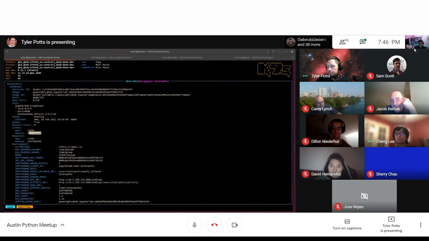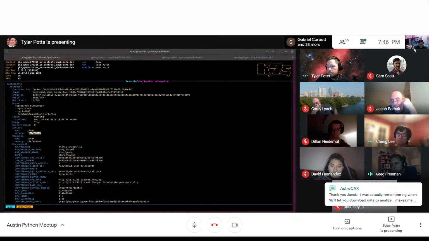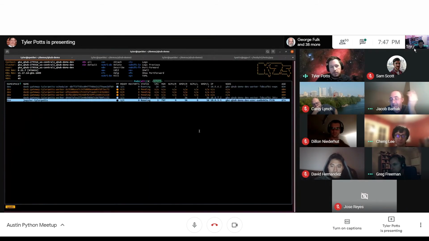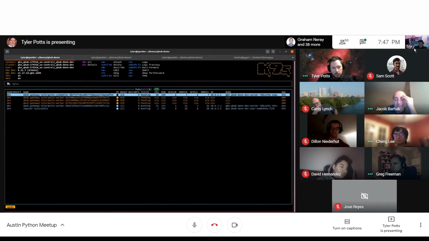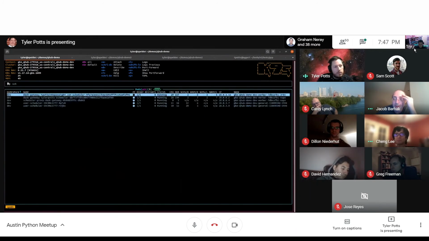So when you're running Dask, everyone's going to have their own Dask cluster, or would there be any sharing of a Dask cluster? Each one gets their own Dask cluster, and you can configure that as well. So if I go here, I think I have a Dask cluster running. So we'll see here that